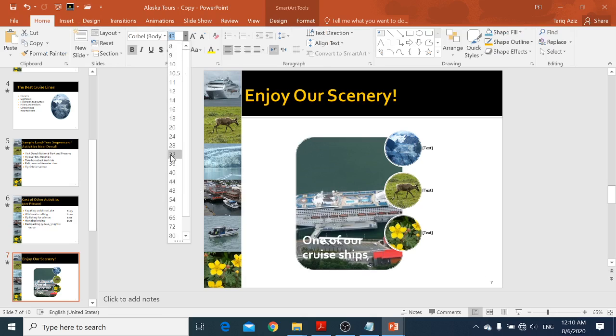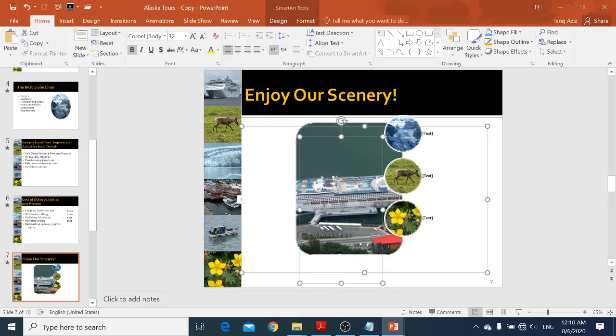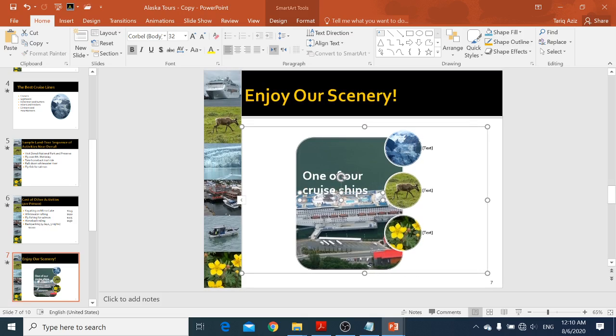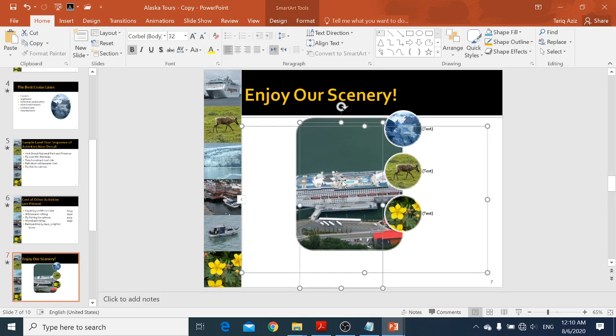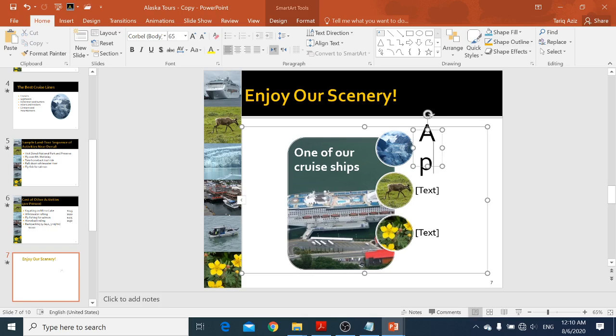Okay, the size is 32, and I want to keep the size, oops, okay, there you go, a little bit up. You know what I can do? I can just click and move it up. There you go. So it will be "one of our ships," and in this one, approaching